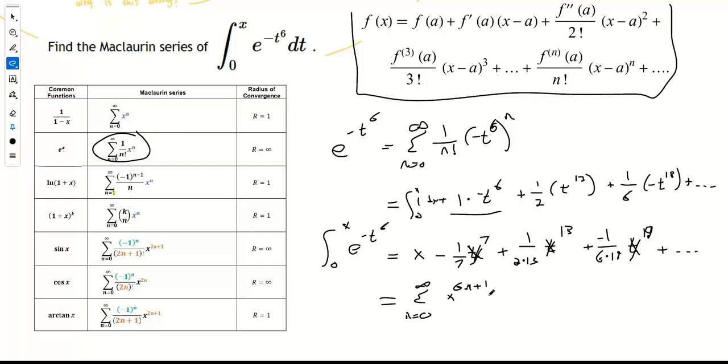Now we need to compensate for the fact that it's alternating, so I'm going to put in a negative 1 to the n power, which will be fine, because when n equals 0, the first term is 1. When n equals 1, it's negative, just like it's supposed to. And then when n equals 1, we're supposed to have a 7 on the bottom. We've already got x to the 7th taken care of, so we need a 7. Then we need a 13. So that looks like that's going to be 7 plus 6n. Here in the denominator, let me see,